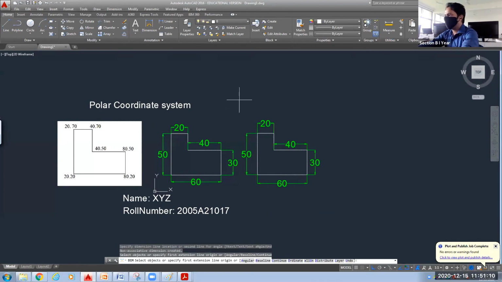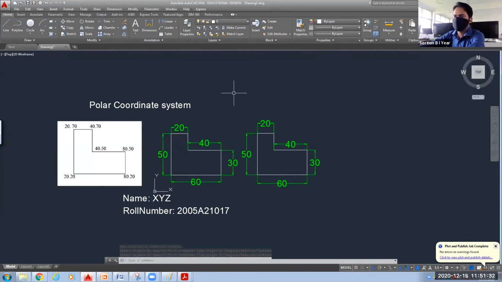I have to come out of this dimension command, so I will press the escape key. You can see the change of the cursor sign. Pay attention to the cursor sign. Now it is two perpendicular lines. Once I press the escape key, one small square will come at the point of intersection. I have pressed the escape key and now you can see the sign of the cursor has changed. This is our default cursor sign. Now this is made using the direct coordinate system.